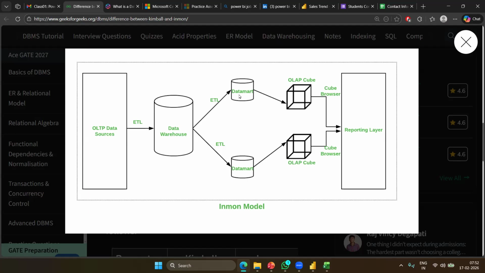From there, each department takes what it is interested in. A classic example: in an organization with 100 employees, the sales department may only need information related to the 10 employees working for sales. So they can create a view. I'm going to tell you what a view means: a kind of logical copy of the actual table, which they can use.